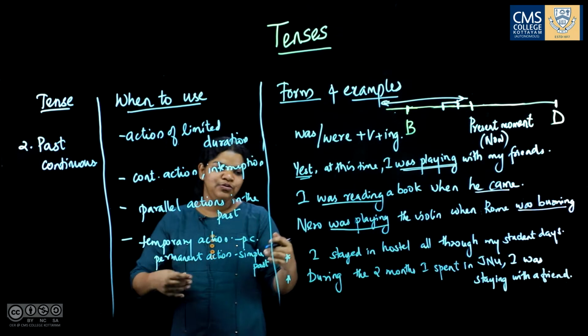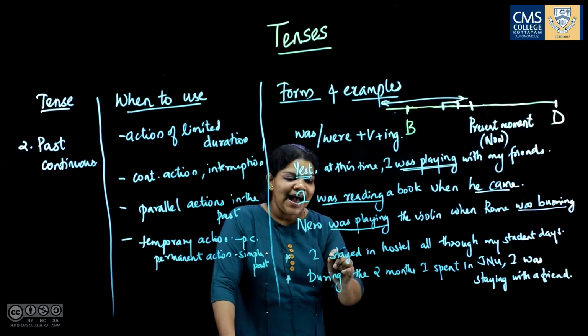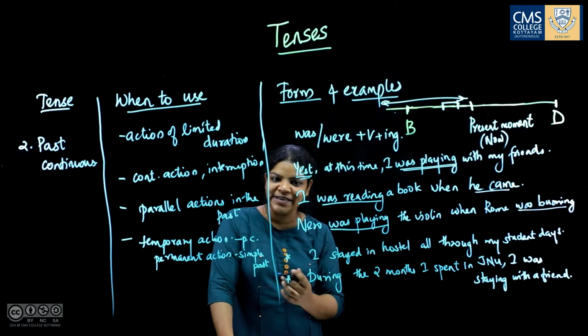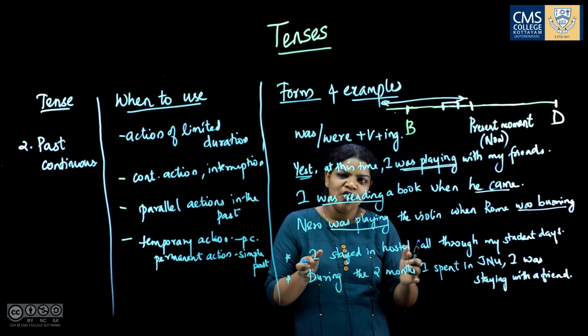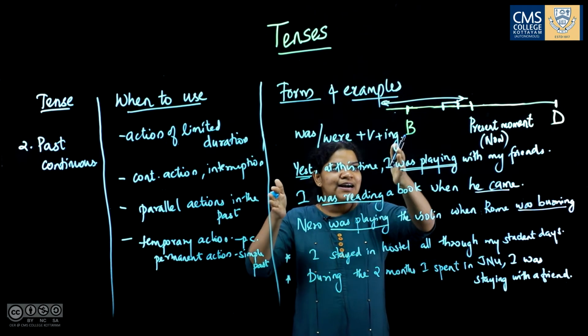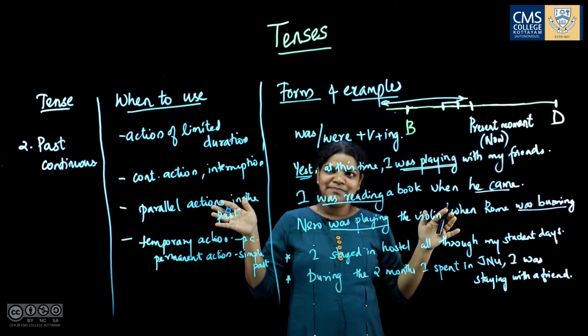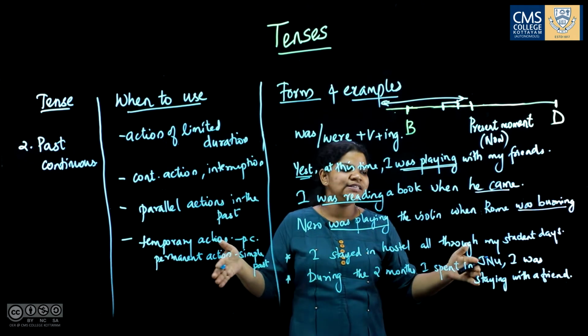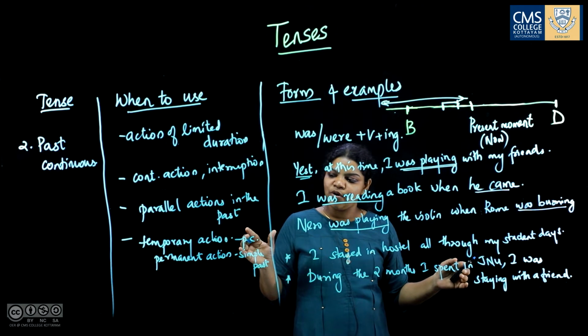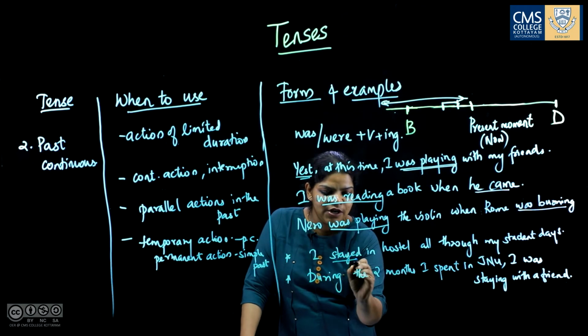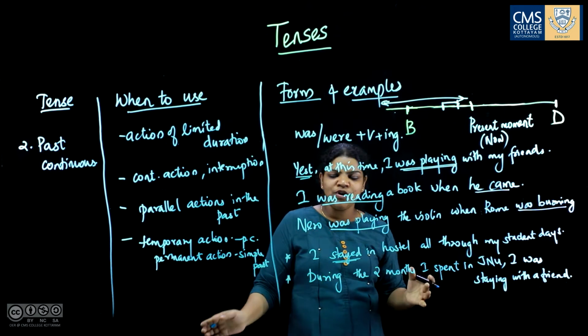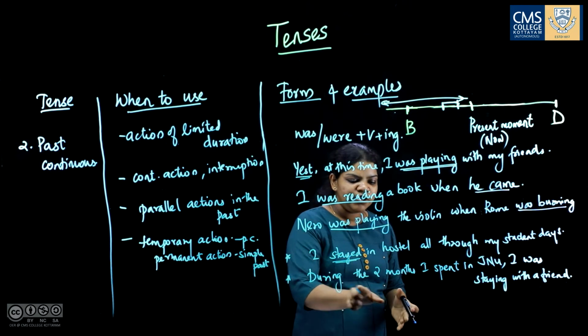Now look at these two sentences. I stayed in hostel all through my student days. Now this is a more permanent action. All through my student days, span of action which continued for a long time. Now that is a more permanent action. So there we use simple past, and when you want to refer to a temporary action,